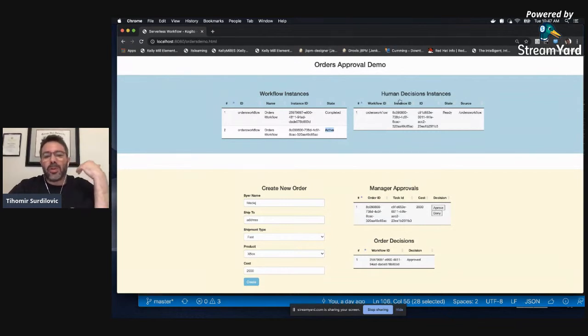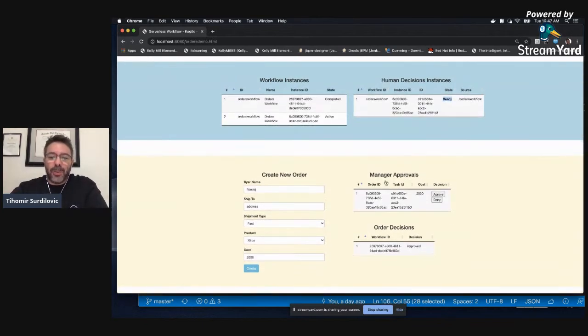Also, we will see that Kogito runtime also creates human decision events. In this case, we can see that for the orders workflow, which is the same instance as this is the workflow ID. And here is our human decision instance ID. We see that it's in the ready state, which means we're waiting on a human interaction during our orchestration workflow. Now here we see that the table got populated. So this is what a manager or somebody in an organization would actually see.